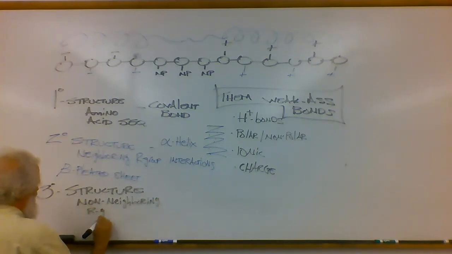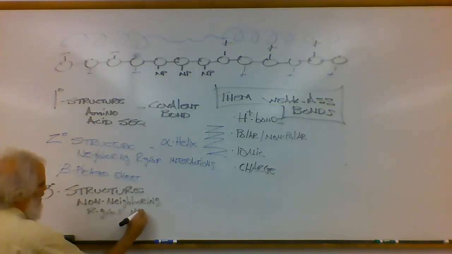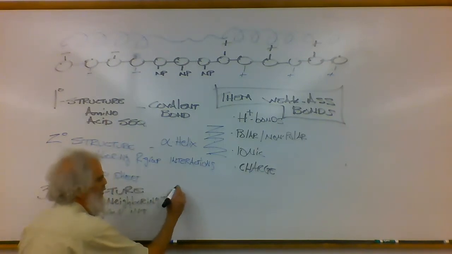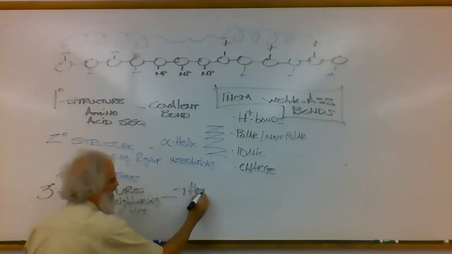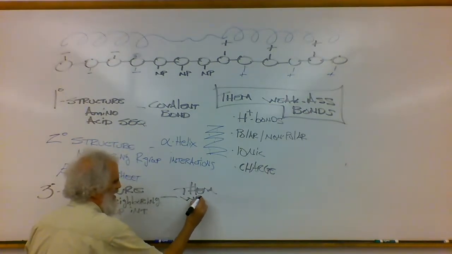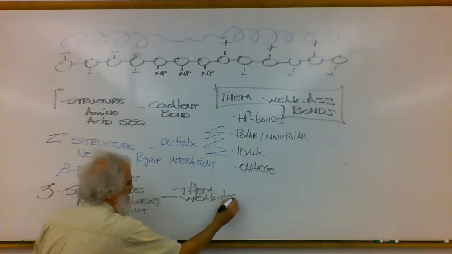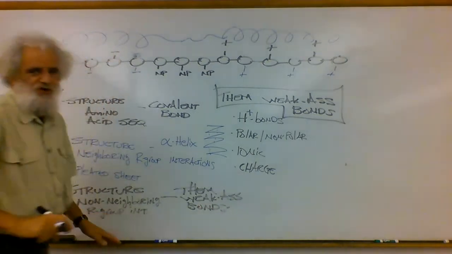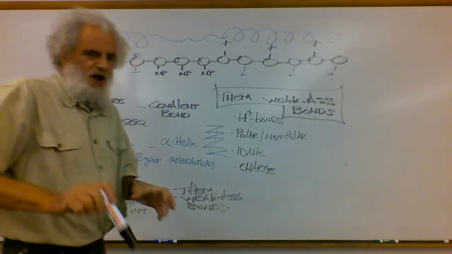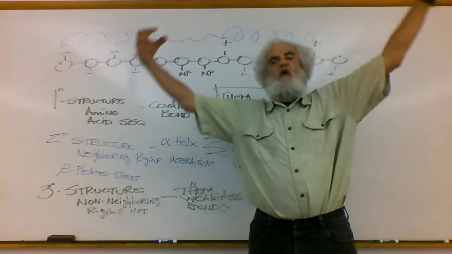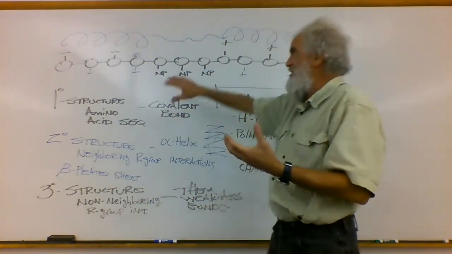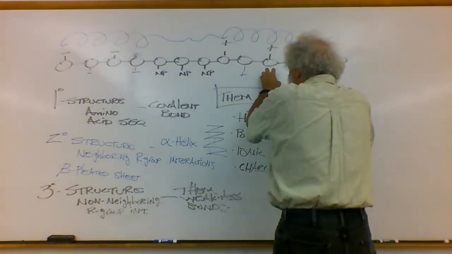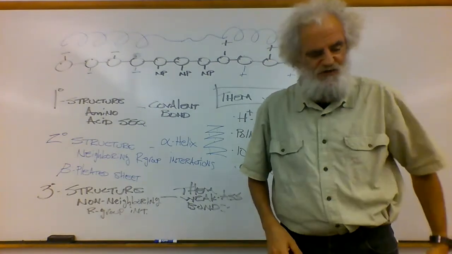R group interaction. And tertiary structure is maintained also by, you guessed it, them weak bonds. Now, tertiary structure means that we've got a protein chain that can fold up. So, in this case, the negative charges over here are going to bend around and interact with the positive charges over here. That's the tertiary structure.